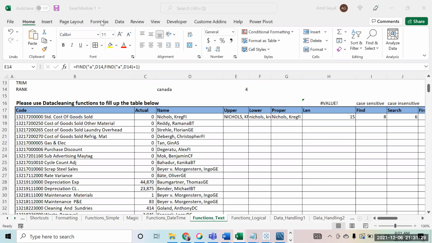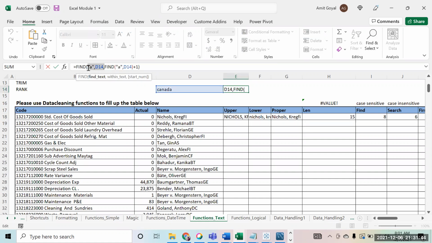Can you explain this again, please? See, what we have done is I wanted to find the position of the second A, correct? So I said find A in this text. By default, this is going to give me the position of the first A. But then in the formula, we have a starting number, from where do you want to start finding that A? So that is where I actually use find again. This find formula will, first of all, I'll tell you a shortcut also. If you press F9, in the formula bar itself, you can calculate the formula.